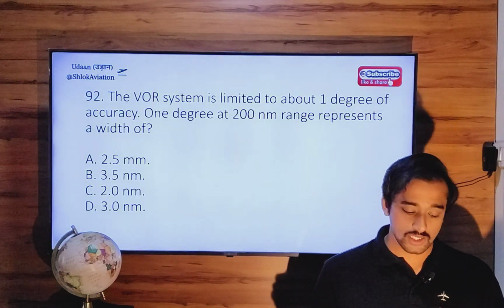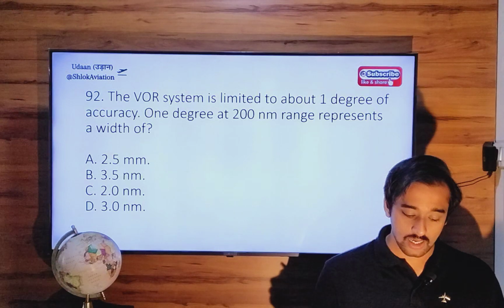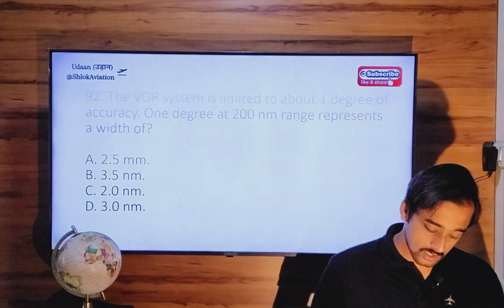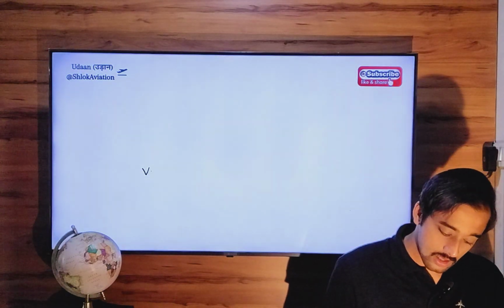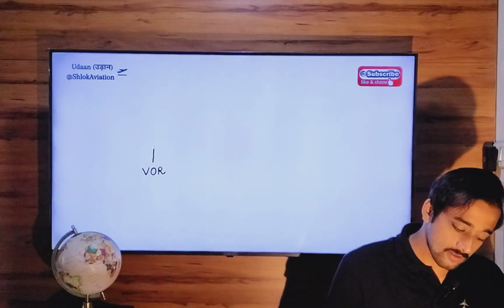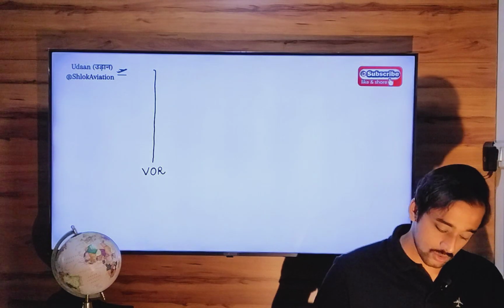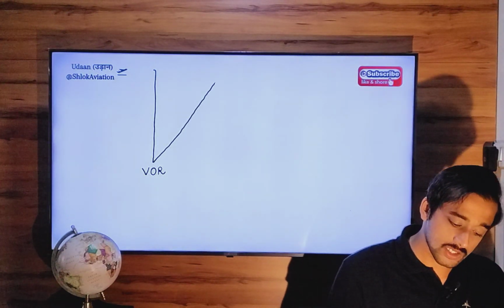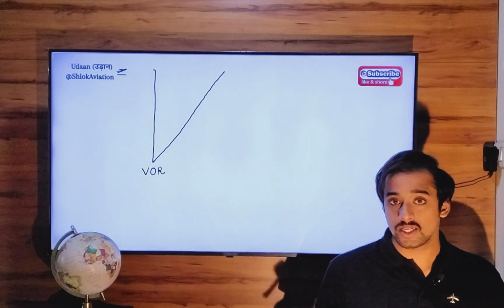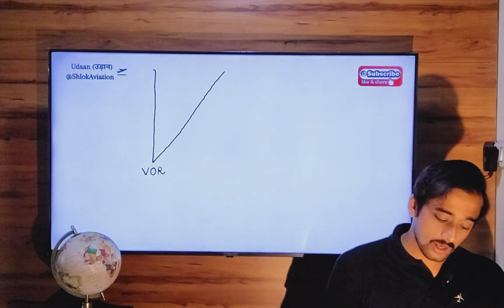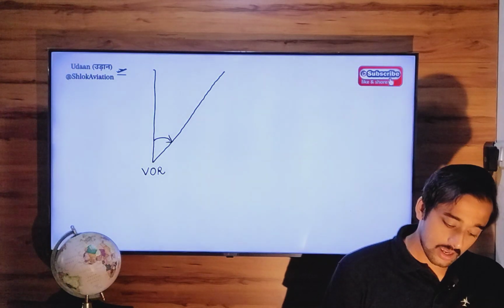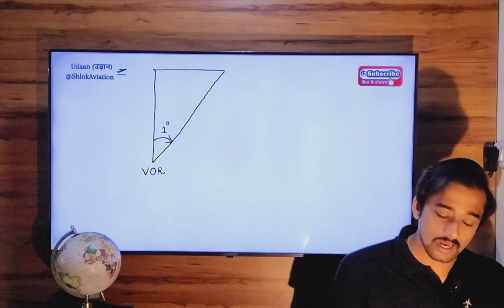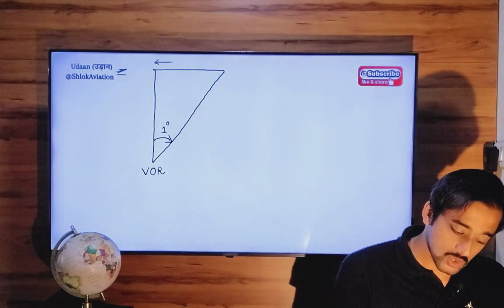The VOR system is limited to about 1 degree accuracy. 1 degree at 200 nautical mile range represents a width of how much? So here is a VOR station. This is the radial of that station and it is limited to about 1 degree of accuracy either side. So this is the erroneous radial or wrong radial, which will be separated by 1 degree. And now you have to calculate the width. This width,